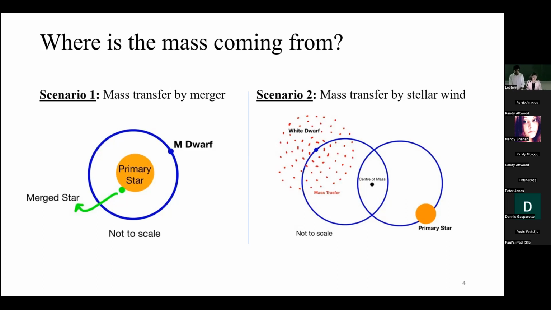So scenario 1 says that maybe there was another star that got merged into the primary star, and that's where the fuel and the magnetic field are coming from. And the second scenario was actually the one that we confirmed, that our star is actually a white dwarf. I should also mention that in scenario 1, the star that we discovered would have been an M dwarf. But in scenario 2, since we discovered a white dwarf, we realized that there wasn't any merging happening before.